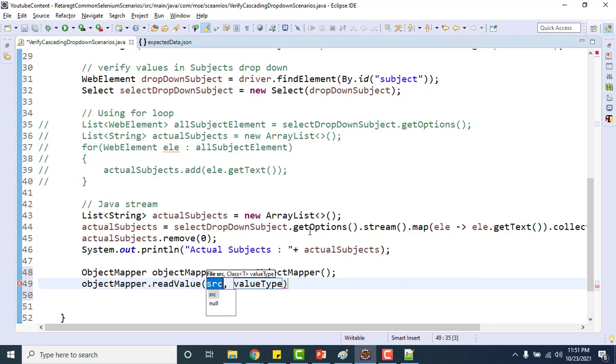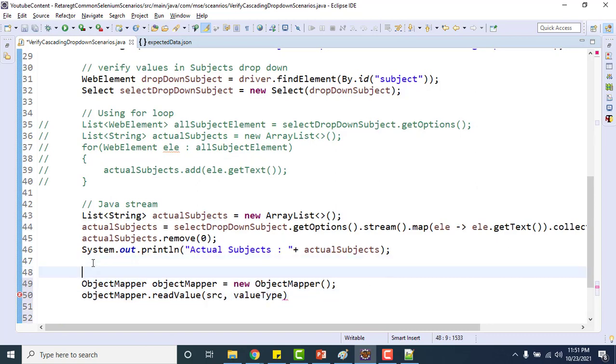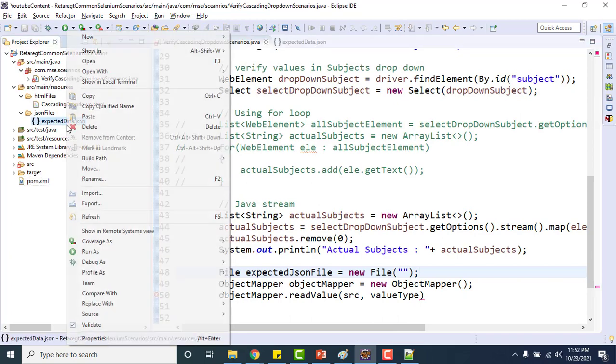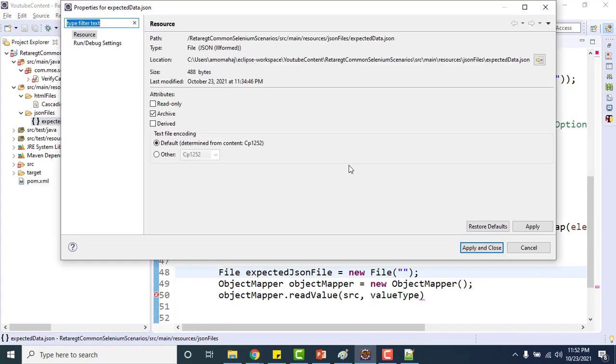For that, let me create a file instance, expectedJsonFile. Okay, new File, and I can give the file path, right? If you see here, we have the JSON file here. Let me go to properties and copy the path.